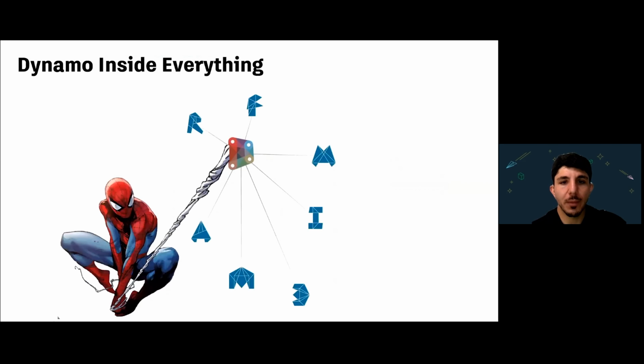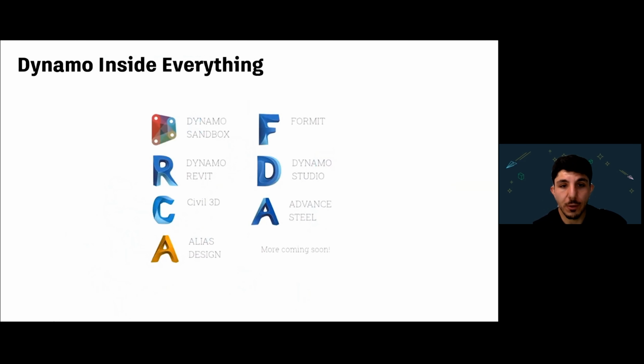Let's talk about that a little bit. Currently, Dynamo is going inside everything. It's going inside all the Autodesk platforms. I think it's only going to increase. Remember, there's the Dynamo product, and then every product team for Revit, Inventor, Autodesk, whatever, they can make their own and integrate it themselves. And you can make it yourself too if you want to put it into your own custom software. It's totally up to you. So there's already integrations for a lot of different softwares like Formit and Steel and Civil 3D and Alias at this point. So it's only going to grow.